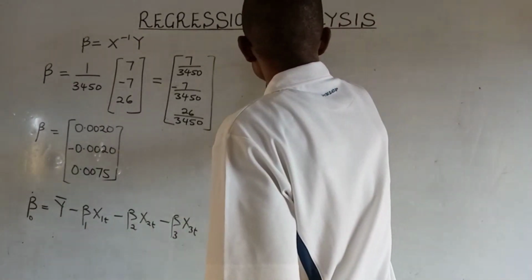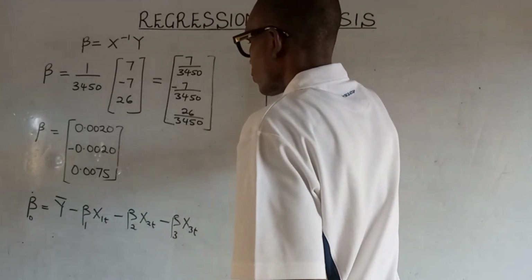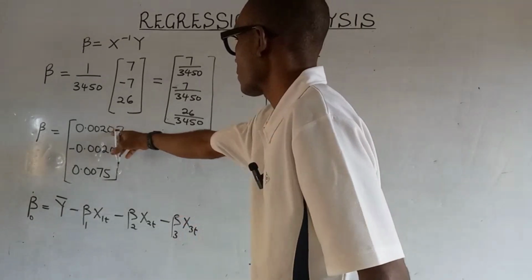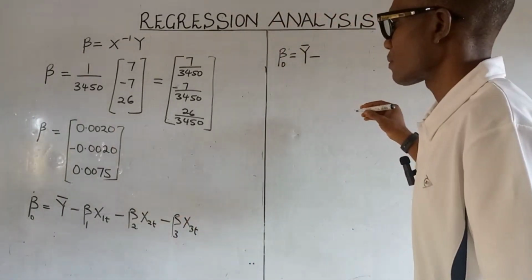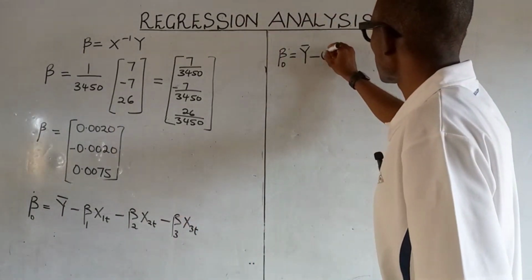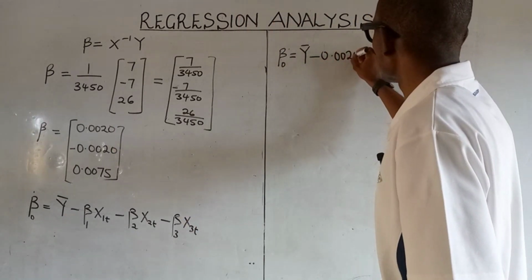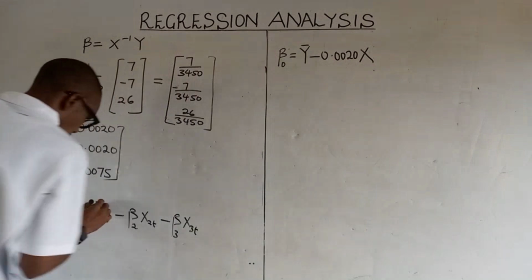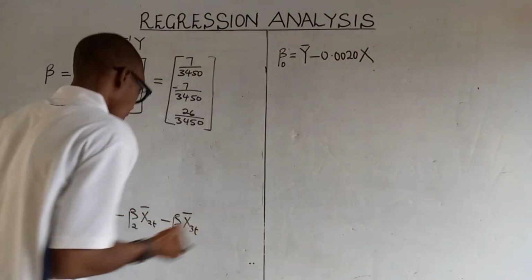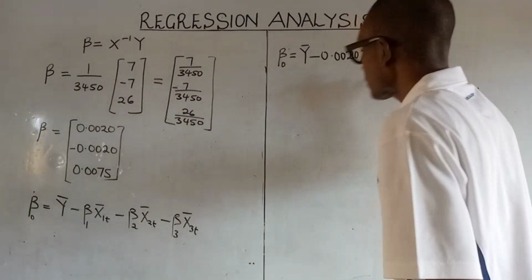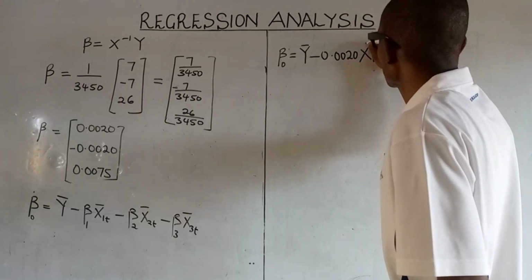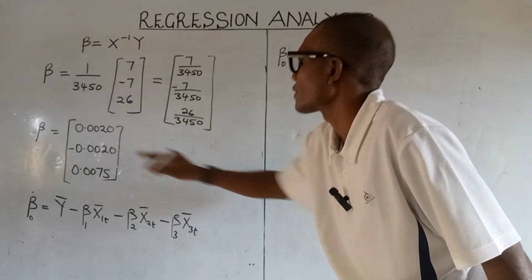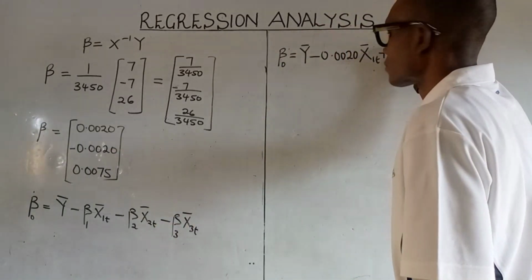So we have our B naught to be equal to y bar minus B1, which is 0.0020, x1t bar, minus B2. Because of this negative sign, we have plus 0.0020